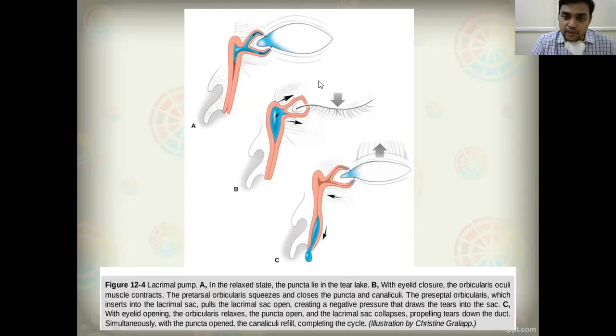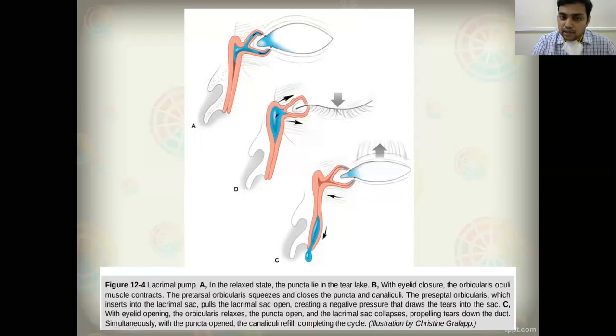When the eyes are closed, there is a relaxation of the pretarsal fibers of the orbicularis muscle. Thereby, it causes narrowing of the canalicular tubes. Contraction of the pretarsal fibers opens the canaliculi, and relaxation of the pretarsal fibers leads to closing of the canaliculi. Because of the closing of the canaliculi, the fluid is pushed into the lacrimal sac. In the same way, because of the relaxation of the preseptal fibers of the orbicularis muscle, the lacrimal sac